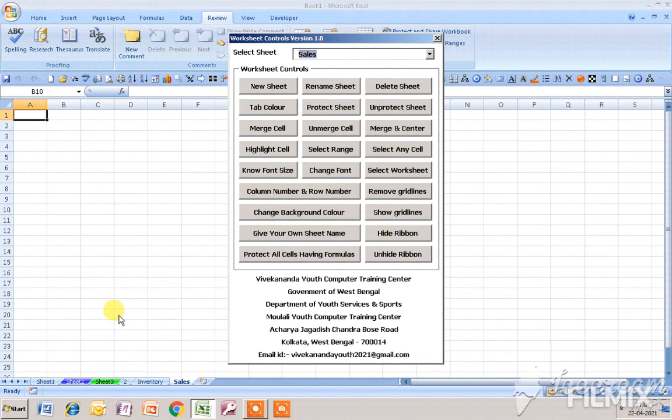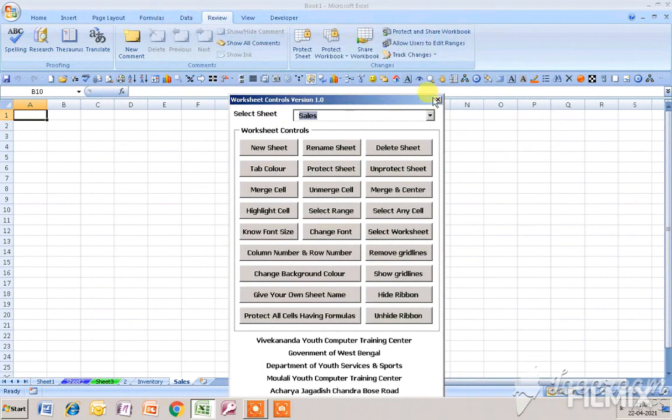By this process you can create hundreds of worksheets by your own name. Okay, I have shown you two ways by which you can add a new worksheet. You can add a new worksheet from here also, and from here also. Okay, now I will show you how you can hide the ribbon and unhide the ribbon.